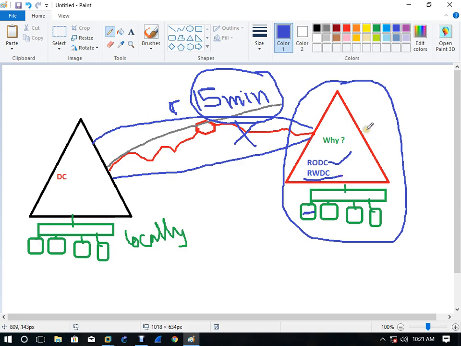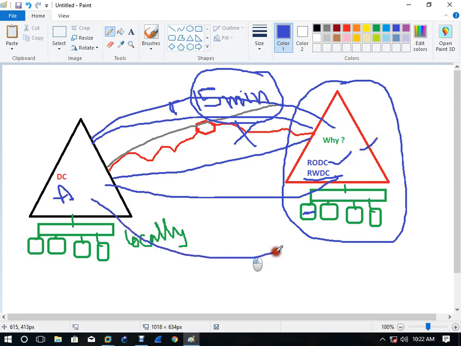When you have an administrator here also, you can say okay, no problem, you make changes there, and whatever changes you make will replicate here, and whatever changes I make will replicate there. Now, the difference is in RODC and RWDC. If RODC is running and this server is also running, and this administrator wants to log in here and modify something, he can come here, log in, and modify, right?